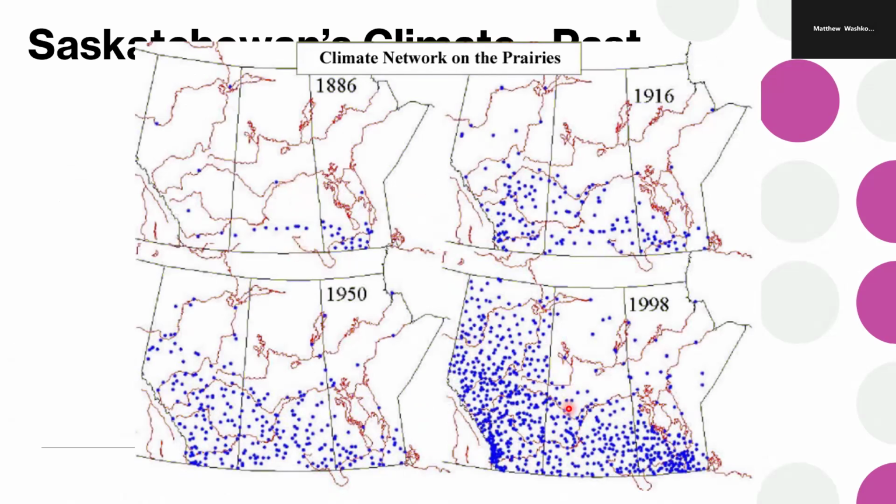There are climate networks. These are things that take read-ins of data. Some of this is run by volunteers. Some of this is done by professional stations. Some of this is airports. Most of these are airports, actually, and so on and so forth. So you can see we have more data, which means it's more reliable.